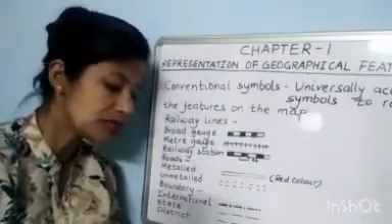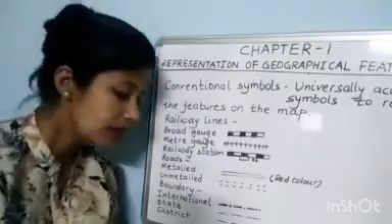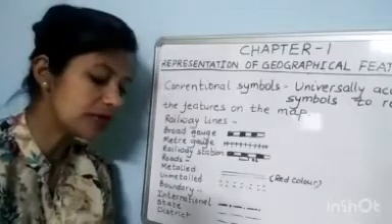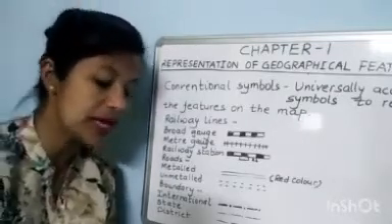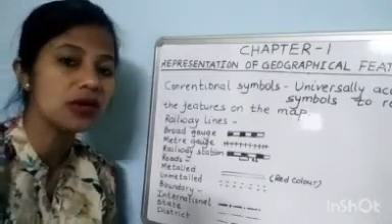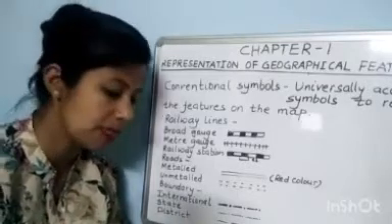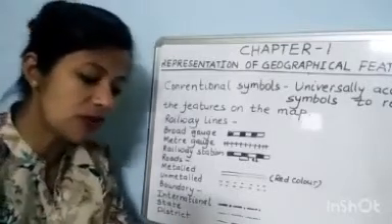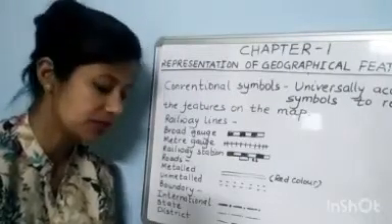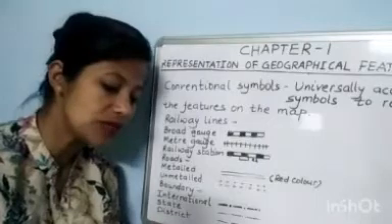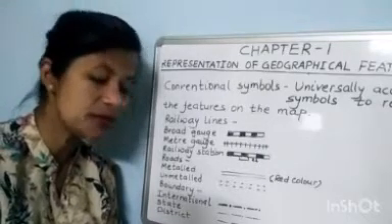Conventional signs and symbols. Maps represent a limited area. The features on the ground cannot be depicted in their actual shape and size. We cannot represent the actual shape and size of a place on a map. Thus, a way out has been found: to adopt symbols for various features. The symbols adopted are universally used so that map reading becomes easier.